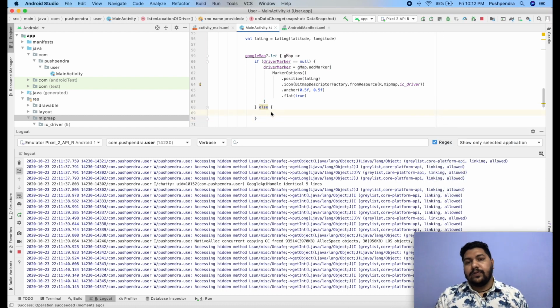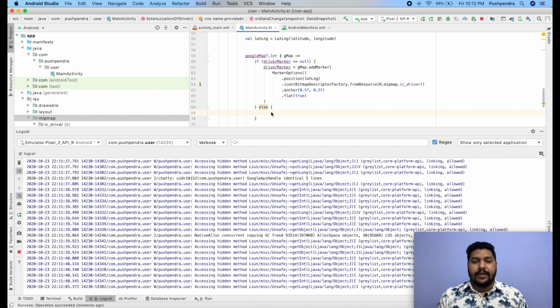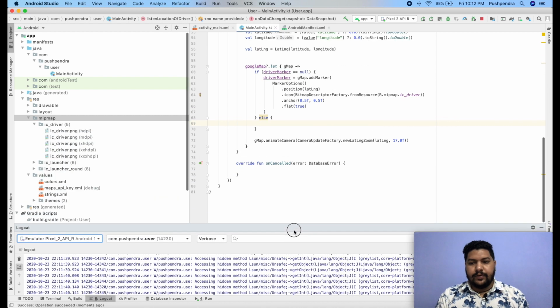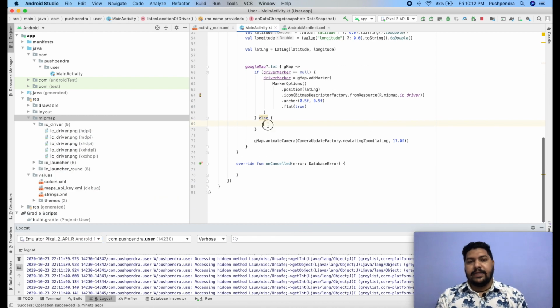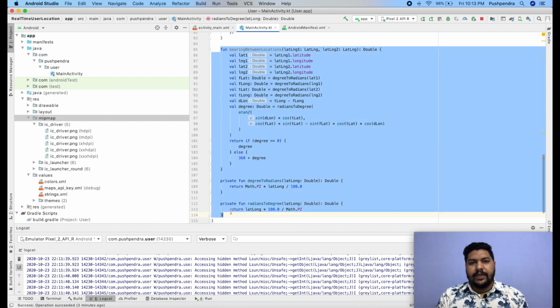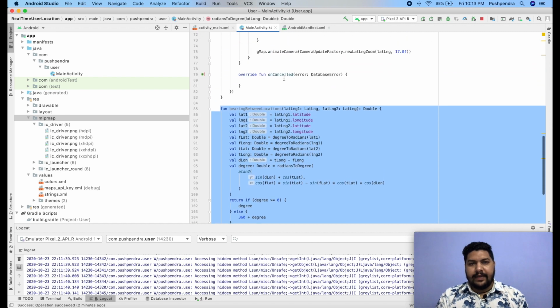First, I have to find out the bearing, how much angle for a particular position. So there is one function. If you require the code, you can find the link in the description. These three functions are useful for calculating the bearing angle.